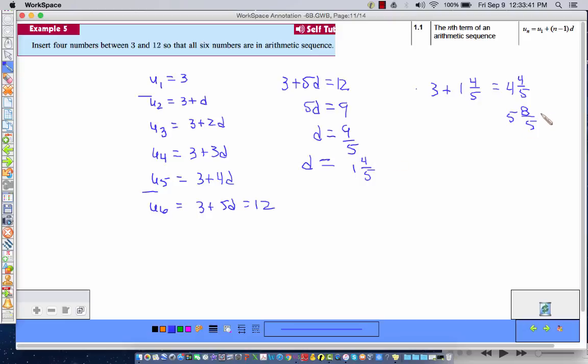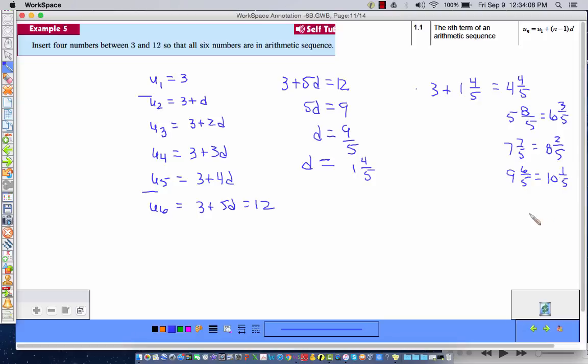So 5 8/5 is 6 3/5. I add 1 4/5 to that. I get 7 7/5, which is actually 8 2/5. And one more time would be 8 2/5 plus 1 4/5 would be 9 6/5, which is equal to 10